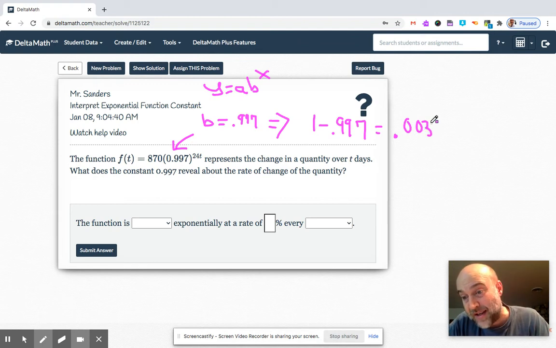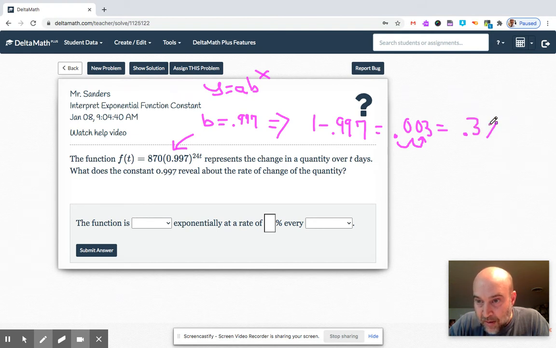Now, what is this as a percent? In this case, I wouldn't recommend doing it in your head. Just go ahead and do it mathematically. Percent means the decimal moves two places, so it's moving 1, 2. So as a percent, this is equal to 0.3. This is a decrease because we are